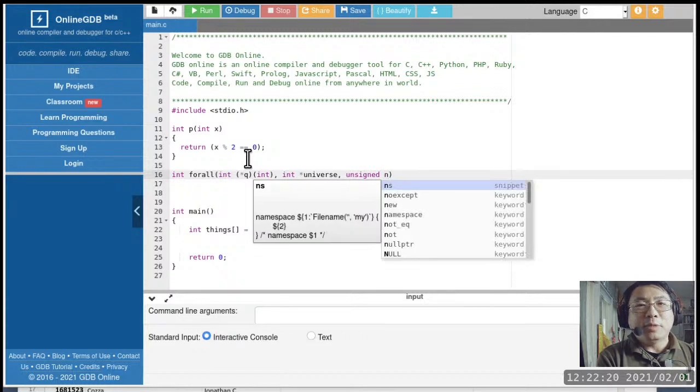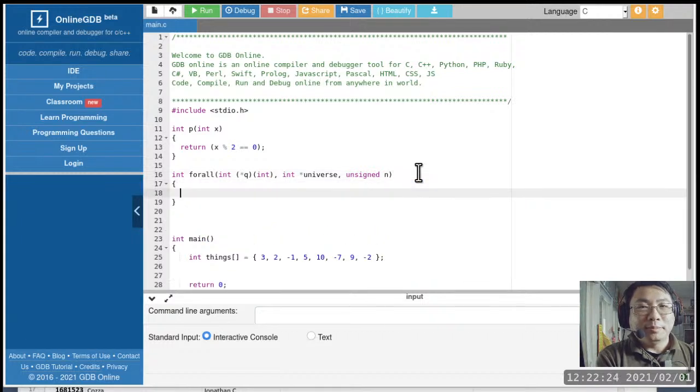And the reason why we need that as a separate parameter is because in C and C++, when you're passing an array, you're passing the starting point of an array, but you're not passing the size of an array either. You're not passing the size of an array because it's not a part of what you're passing. So we need to pass the number of items in an array as a separate parameter,